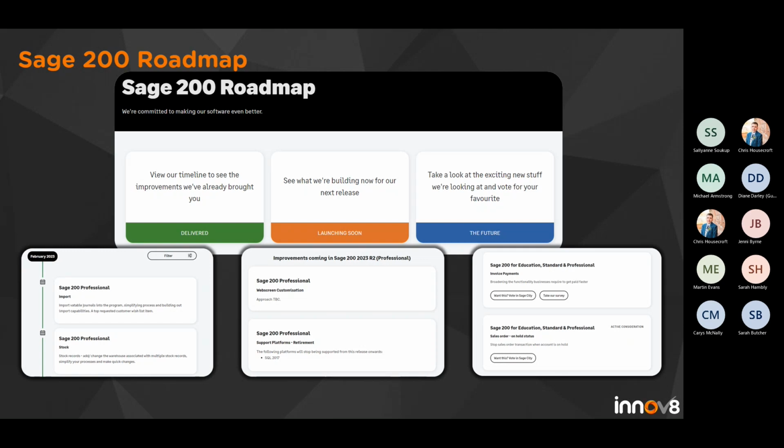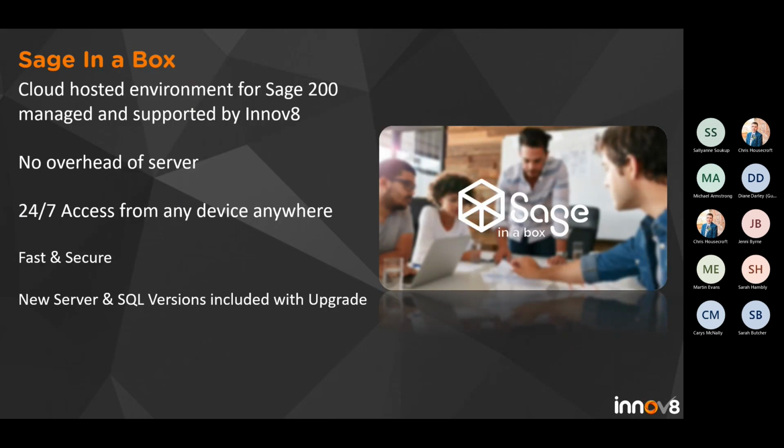And in terms of those upgrades, one thing I just wanted to make everyone aware of, just in case you weren't, is that the Sage environment, of course, is an on-premise solution, which means it needs to be installed on a server somewhere. But that server doesn't need to be in a room in your office. We do offer a cloud-hosted environment, so it's not putting the application effectively into a true cloud solution. It's actually allowing you to use the power of that on-premise solution, but we put that server into a cloud